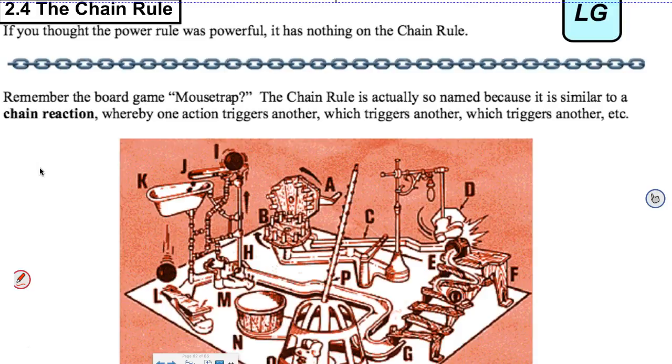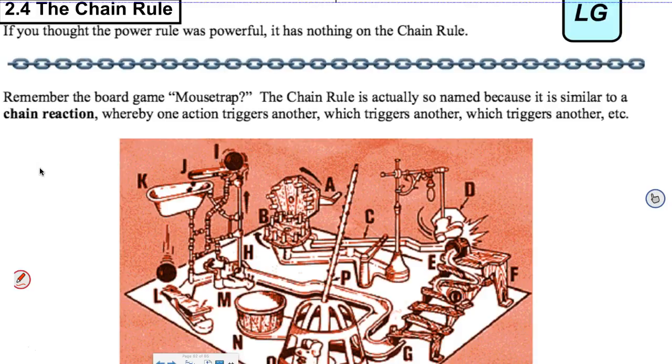So the chain rule allows you to take the derivative of composite functions like f of g of h of x. And you can have as many as you want embedded. And it becomes kind of like the game Mousetrap, which looks like it would be fun, but it just,